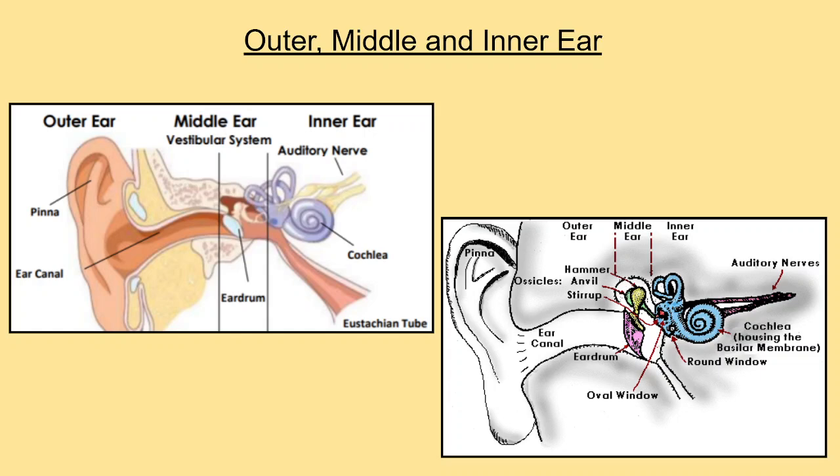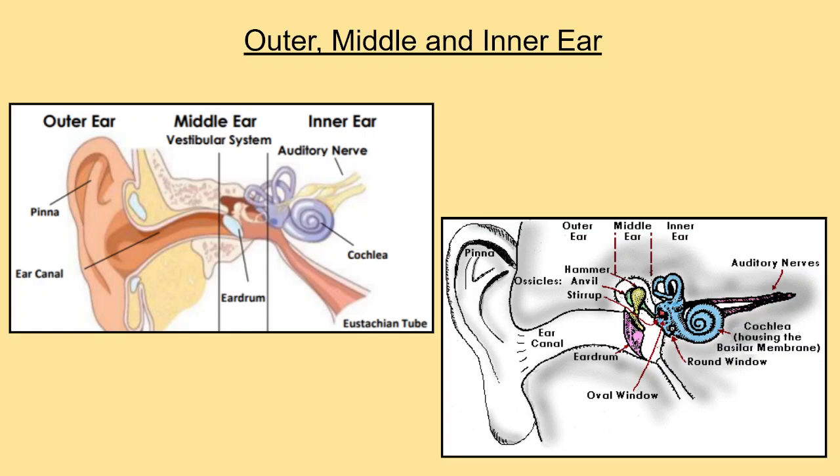The outer ear or the external ear is that part of the ear that is visible. This part of the outer ear is called the pinna or the auricle, and it consists of the ridged cartilage and skin and contains glands that secrete earwax, and its funnel-shaped canal leads to the eardrum